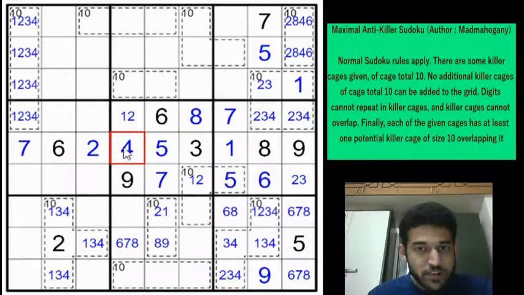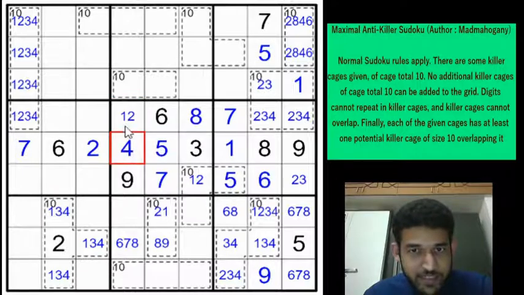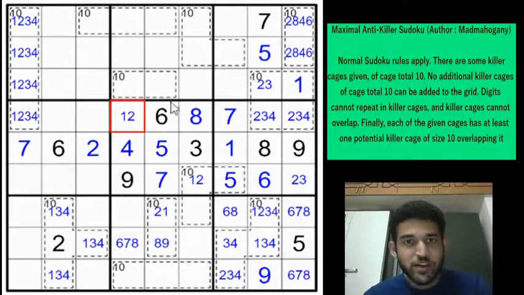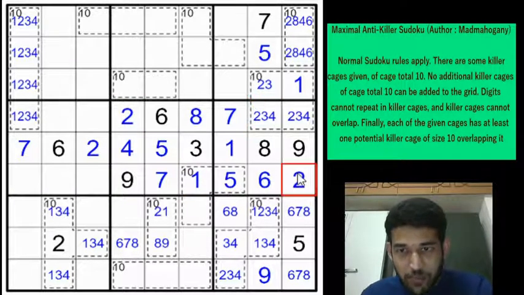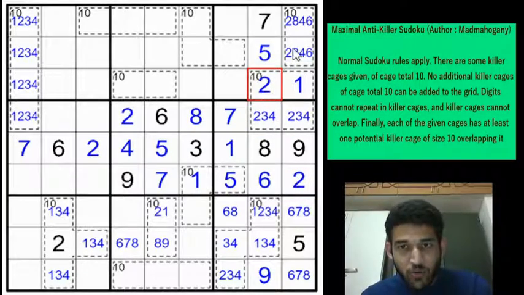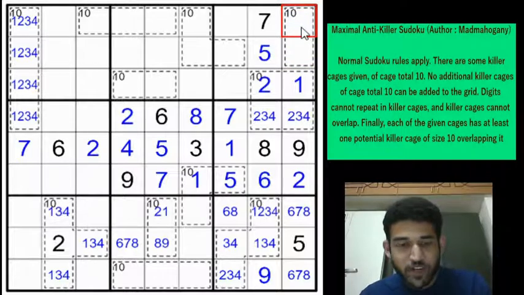Okay, so looking closely at box 5 again, look at these 3 cells. We have a 5 plus 4 which is adding up to 9. Now if you have a 1 here, we are getting a 3 cell killer cage with total 10. So this will be a 2 and this will be a 1. This is really good. So 2 is here, so that gives a 2 here. And because of this 2, we need a 2 in this cage and that can only be here. And now that means that this 10 cage has to be 4 and 6.